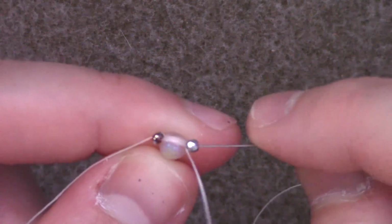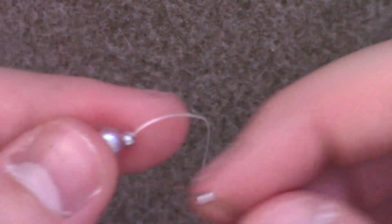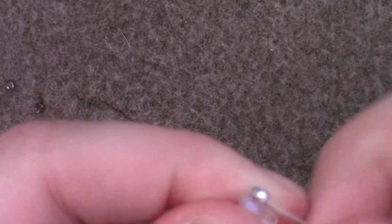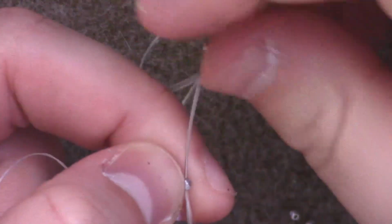Now I'm going to pass upward through the 2mm bead, and I'm just going to do a ladder stitch to add my remaining teeth. So I add 1 2mm, go around and up through the previous one. Then we reinforce it to make it nice and tight up against the previous one. So I'm just passing back through the previous bead again. And continue on. I add 1 2mm bead, go down the previous one, go back up the one I've just added,